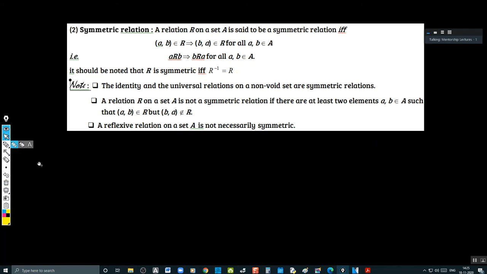Okay, you will understand in a better way if I take up the problems. But just understand the symmetric relation. I hope you understand what is a symmetric relation. Yes, sir. Rest of the people, respond.